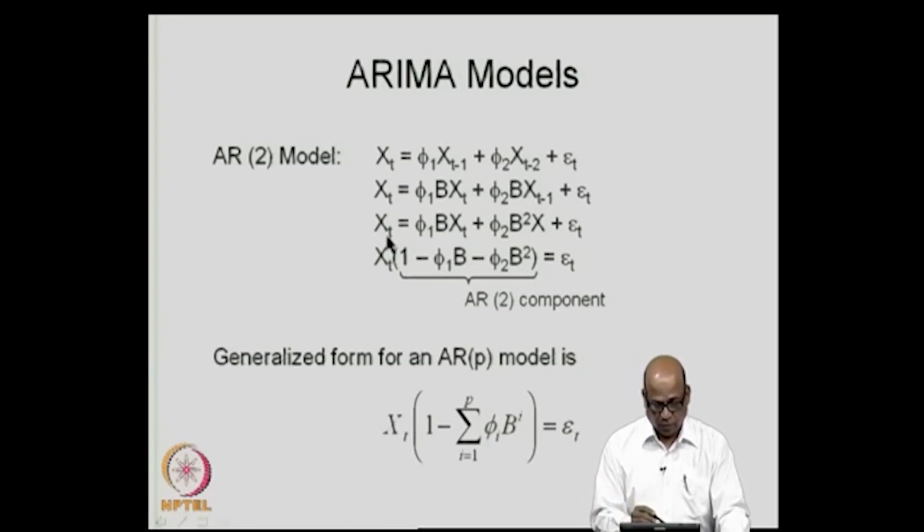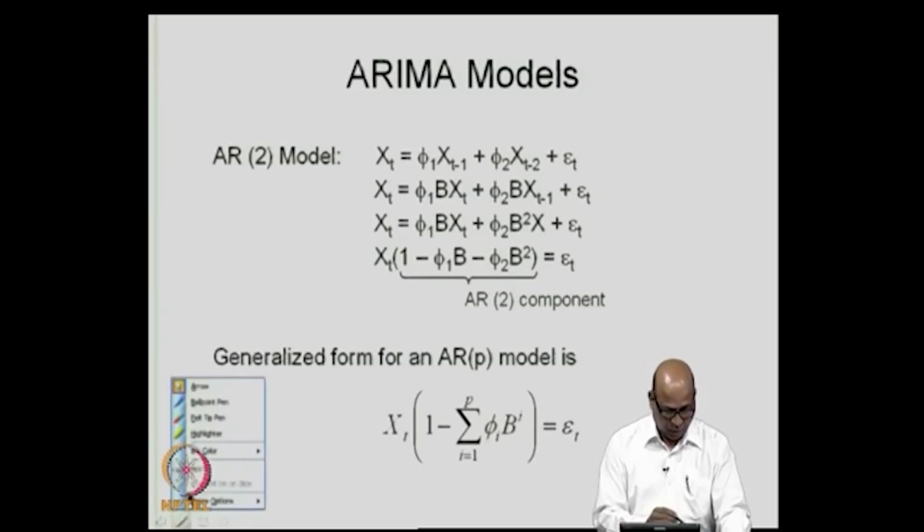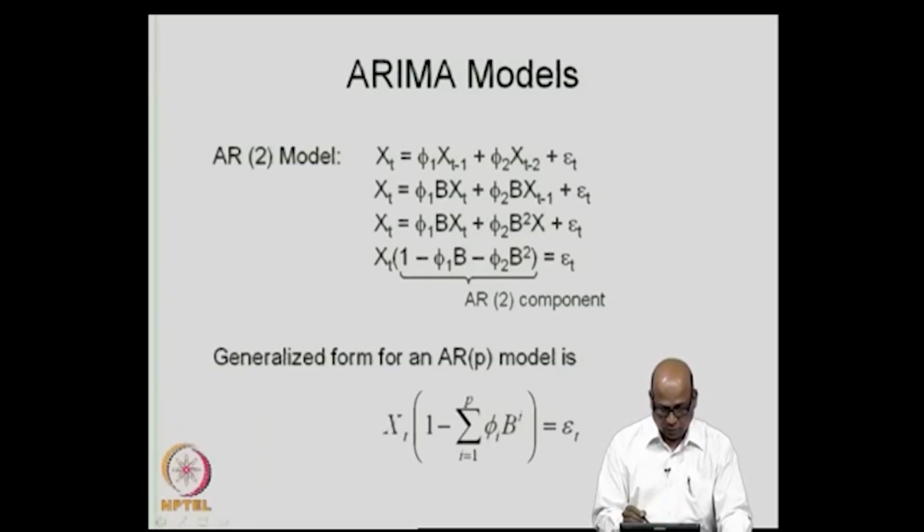So, this is phi 1 B into x t plus phi 2, this was B x t minus 1. So, I will write that as B into B x t, because x t minus 1 is B x t. So, together I will write this as B square x t, plus epsilon t,